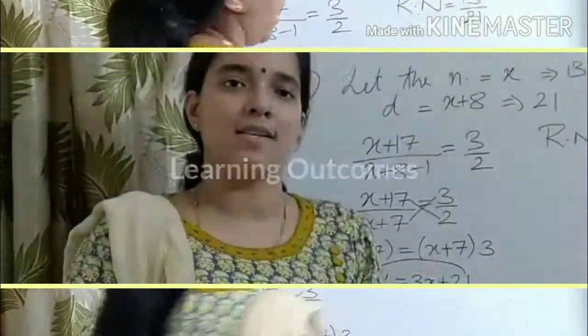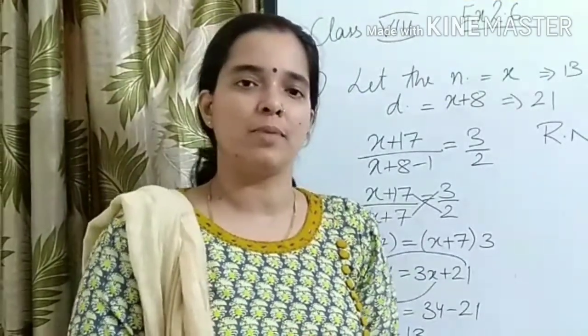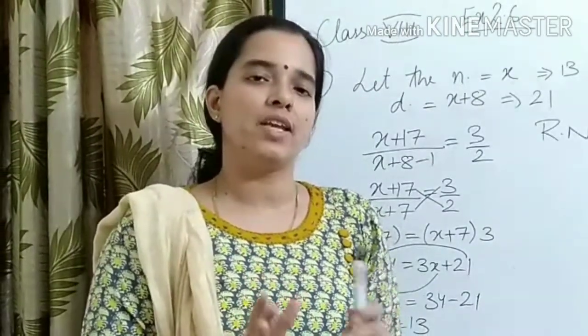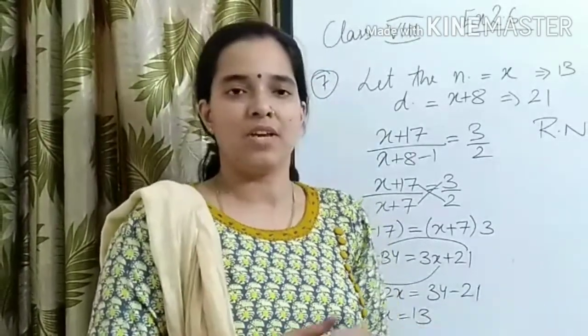What we learned in this exercise is that single terms always have to be cross multiplied on both sides, and if the ages are given in ratio, you have to let them be like 5x and 7x, as we have done in one of the questions.